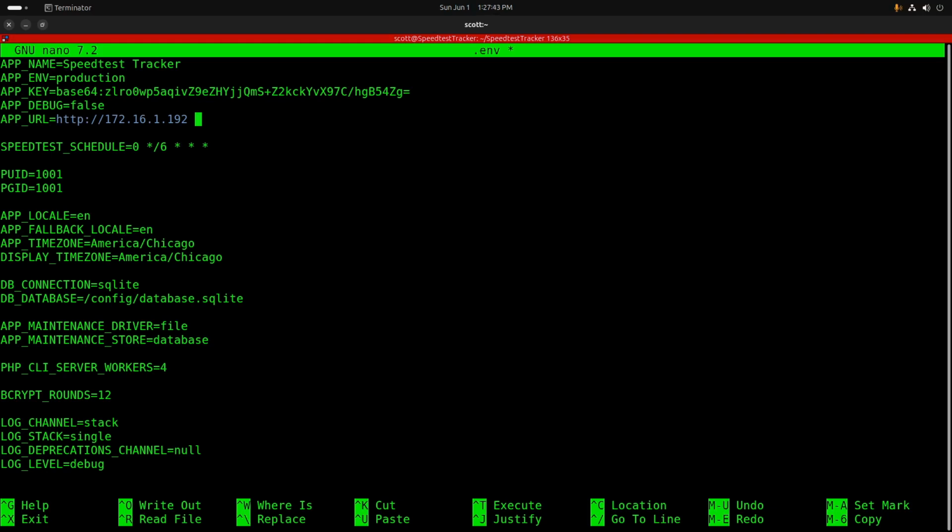172.16.1.192. Now, if you were hosting this through Nginx Proxy Manager using a reverse proxy and using a domain name, you could easily say https:// your subdomain name, and that's what I've done in my case, where my URL is https://speedtest.scotti-BYTE.com. The next line in this file is your speed test schedule, and that uses a standard format for cron,